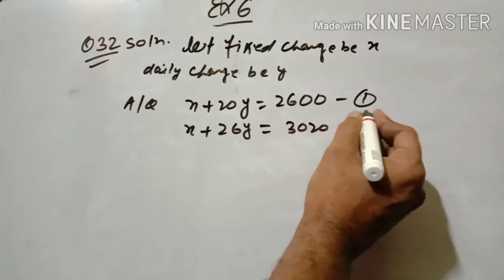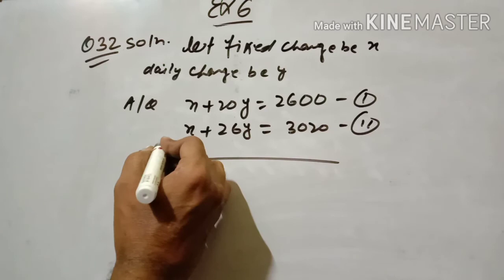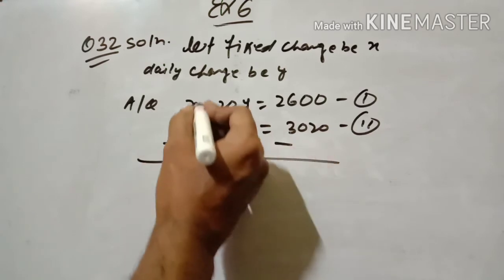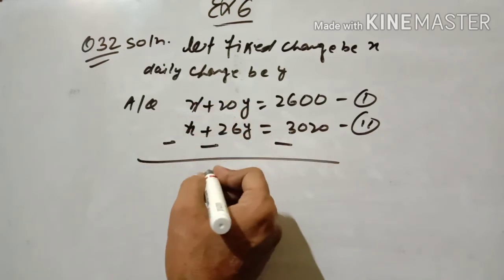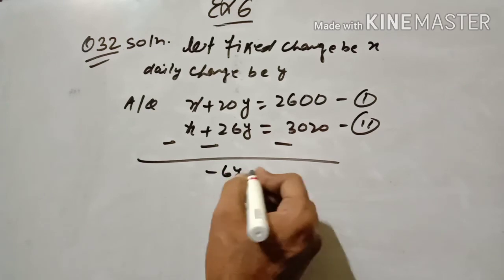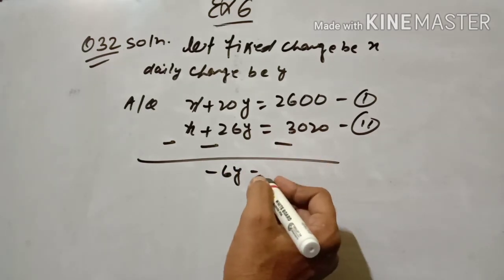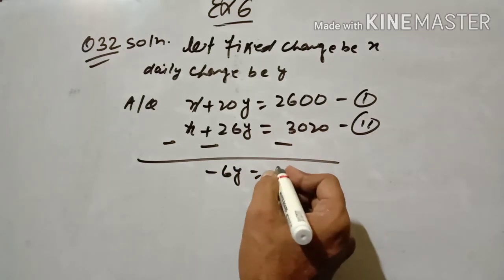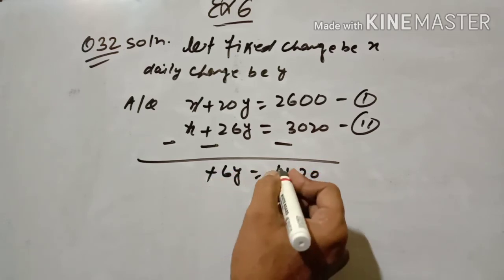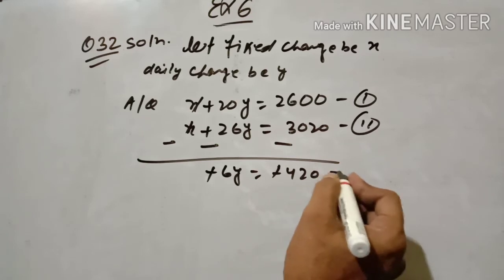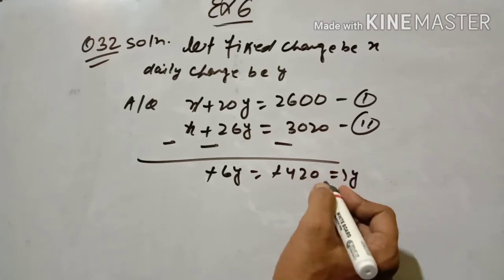Let it be equation number 2. Subtracting, change the sign, x has gone, so it will be minus 6y equal to minus 420. The minus goes, therefore y equal to